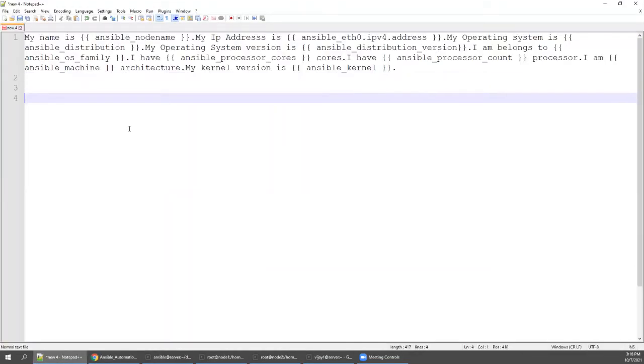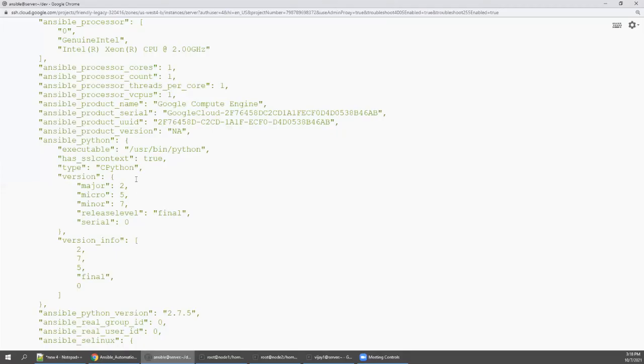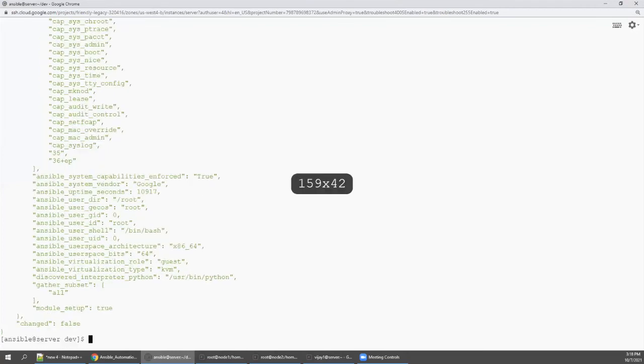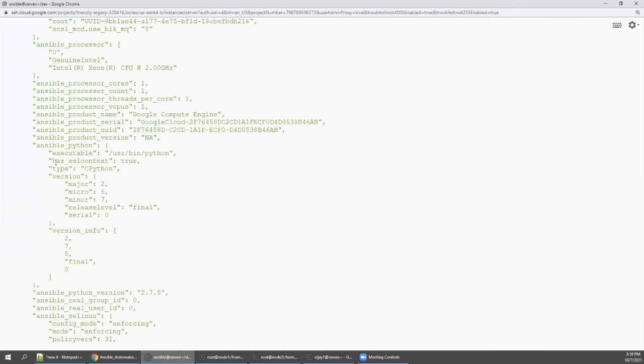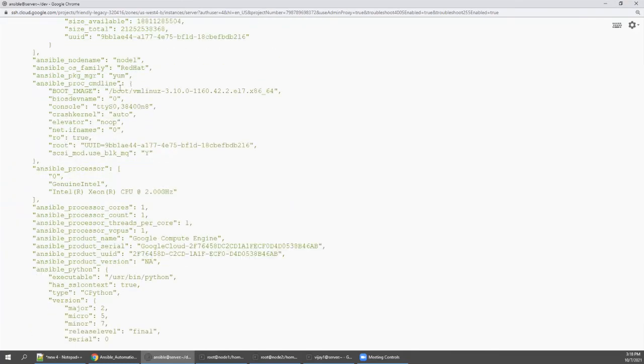How I prepared this: say for example, my name is, so the machine is speaking, right? I'm just giving you a good idea. So my name is, how do I get this? From this output, right? Ansible, go scroll a little bit, Ansible node name.